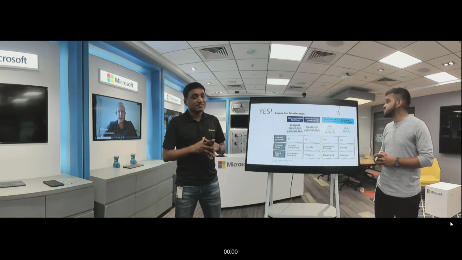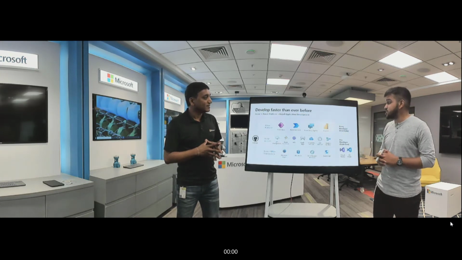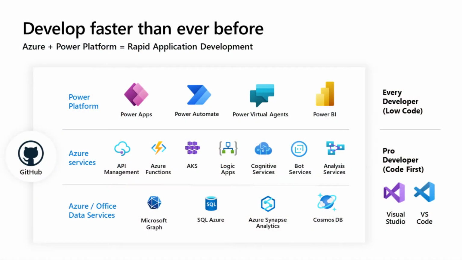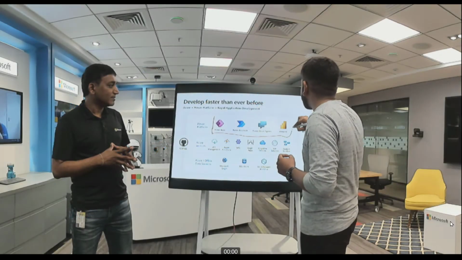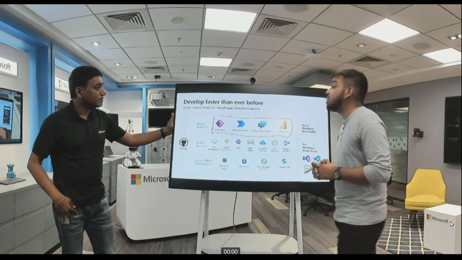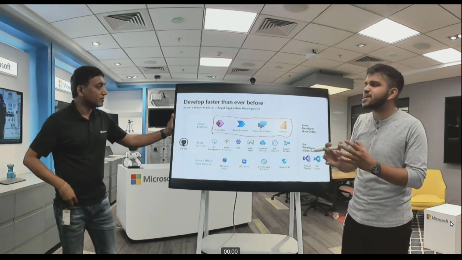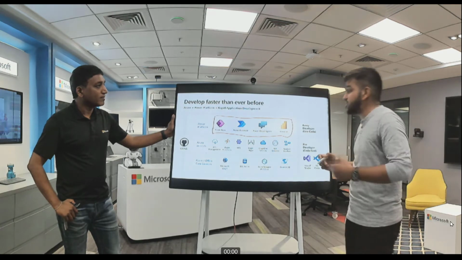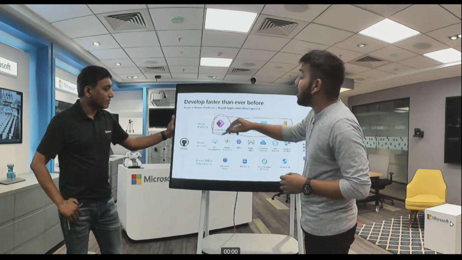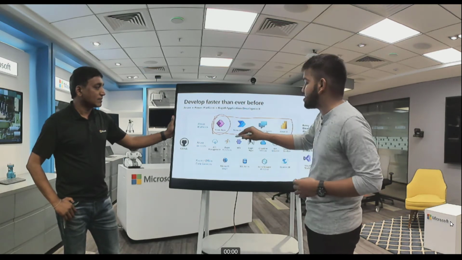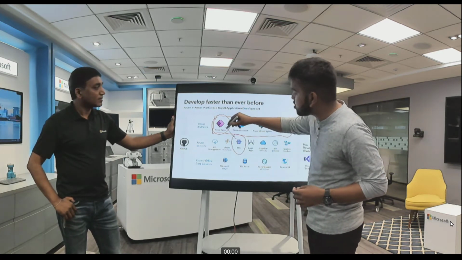Absolutely, Sandeep. In fact, that's literally what Microsoft's vision is all about. While we have a low-code, no-code platform called Power Platform, what people don't understand is that low-code only forms a very small base of all the capabilities that Power Platform has to offer. Today, there is a growing trend of mix and match, where a citizen developer can create a simple Power app, and a professional developer can begin the code-first capability of, let's say, introducing an Azure Kubernetes service. And now these two can complement each other very well.